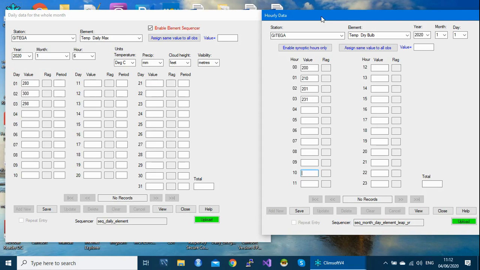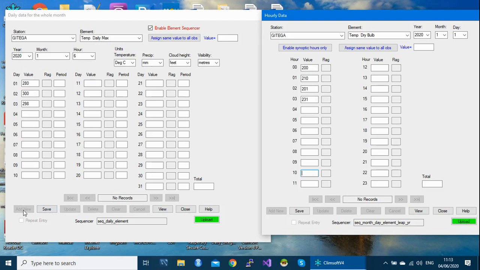There are also some buttons which are enabled and others disabled depending on the situation. Like this save button is enabled, but once this value is clicked, it will be disabled and then it will enable add new.